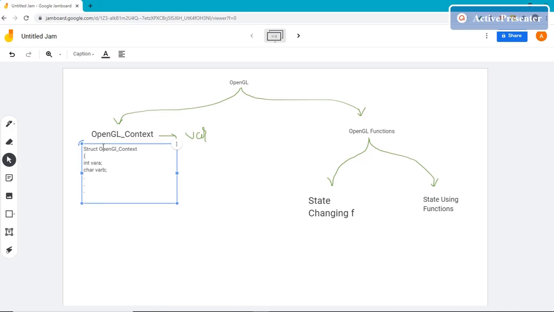Now let's take a specific case about drawing something onto the rendering window. So, what will be the variables that we will require to draw an object onto the rendering window? First of all, we'll have to set that we want to draw something. So I'll use a boolean to draw variable. Now, what type of shape do you want to draw?